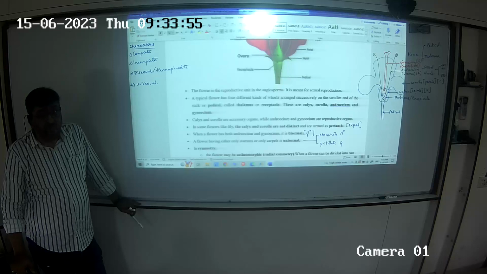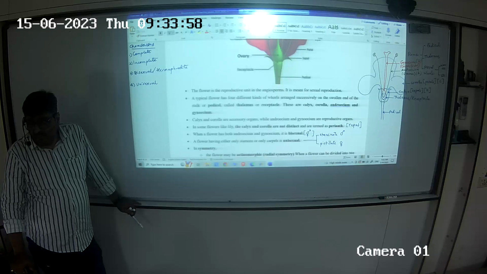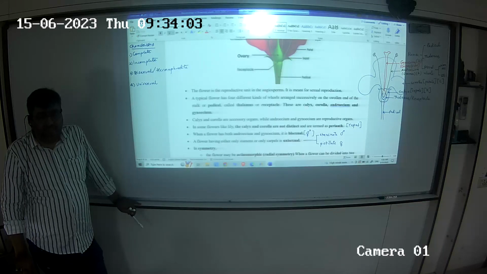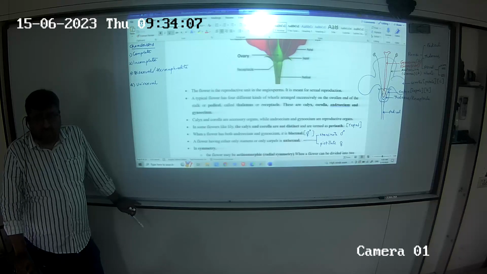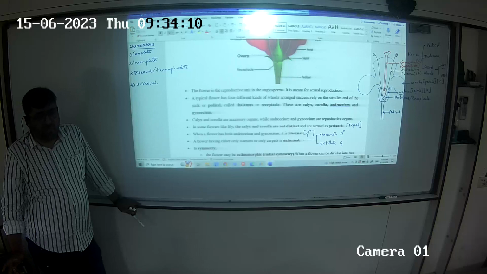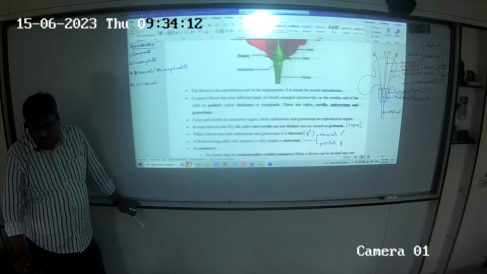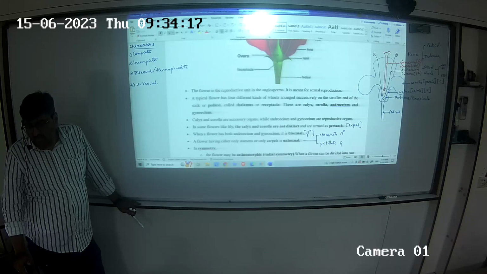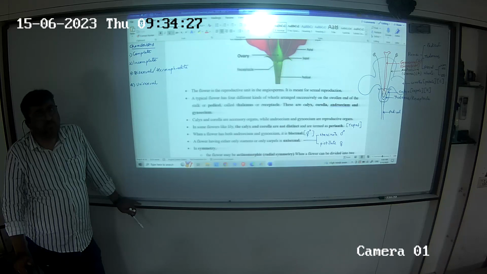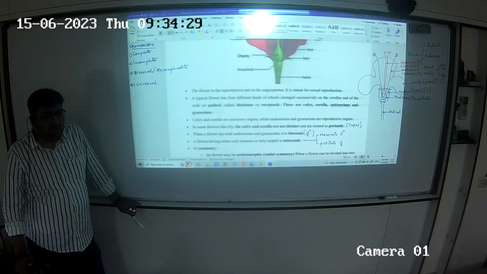Right? If a bisexual flower has calyx and corolla, then it is complete. If either one of them is absent, it is incomplete. So a complete flower is always bisexual, but a bisexual flower may or may not be complete. You can make a note of that. A complete flower is always bisexual, but a bisexual flower